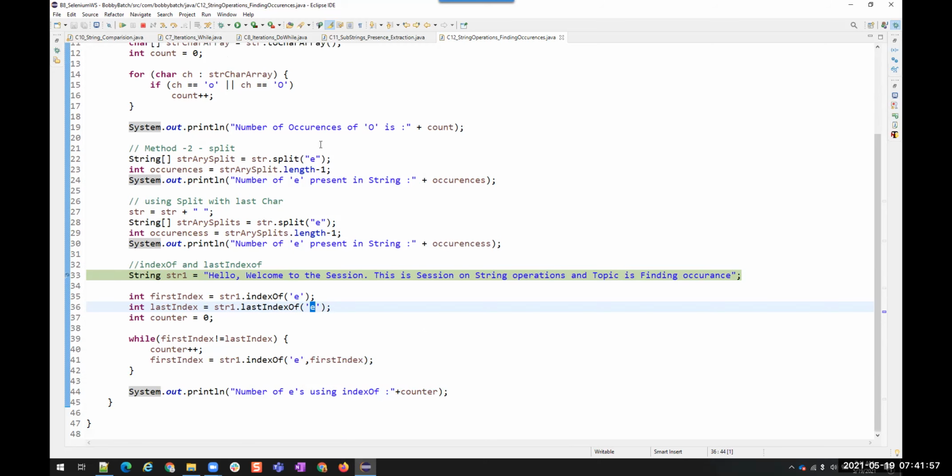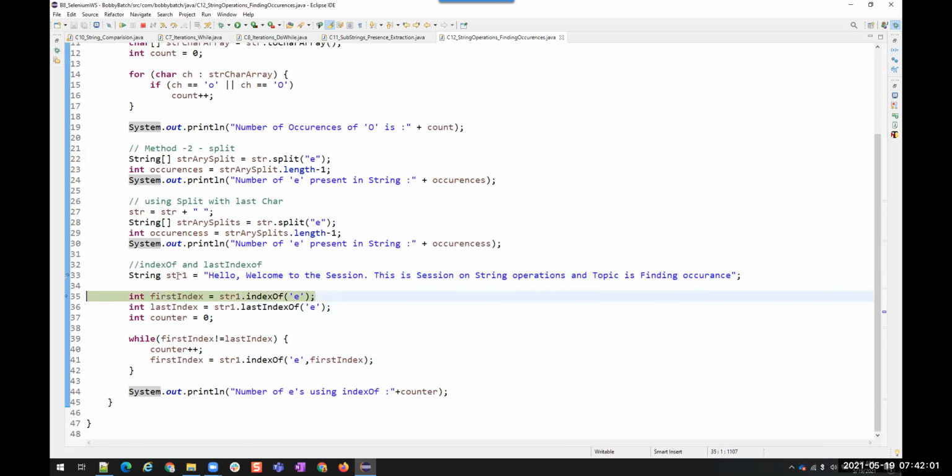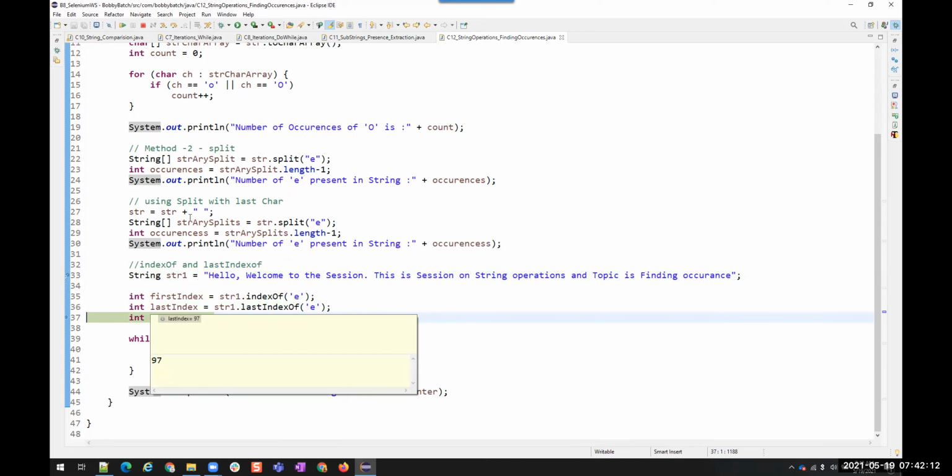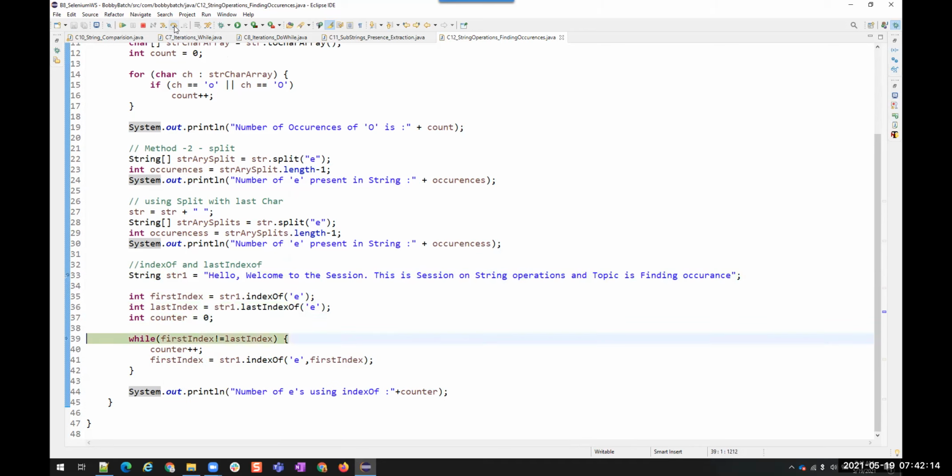Okay. So we are here. I'm going to this. str1. Okay. First index is 1. Okay. And then last index is 97. Okay. Then okay, this will not be equal.